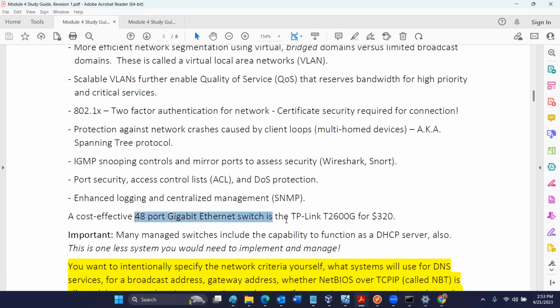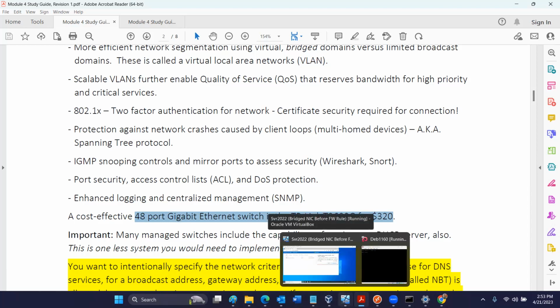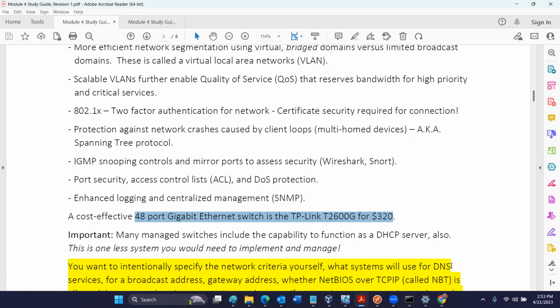dramatically. Now, this scales up pretty well, so everybody sees the word managed, and in the business world, if you see things like Cisco, people talk about how many thousands of dollars they have to spend on this. You don't have to spend a lot of money to get something decent. So we just showed you what it cost. It was like $9, something like that, wasn't it?